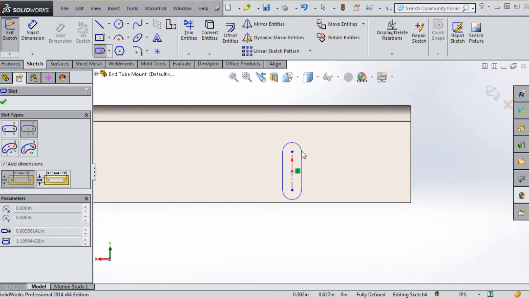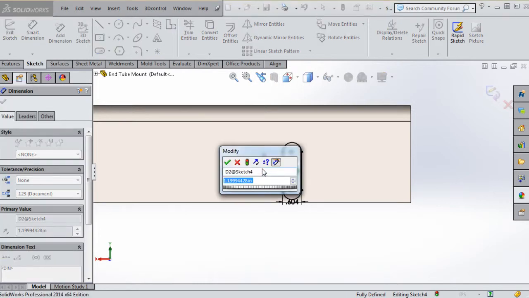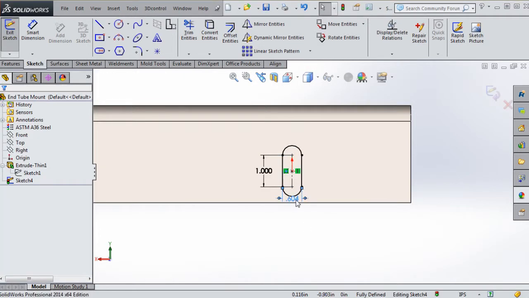So click on one point. The 1 point is going to be the very center of our slot. Second point is going to be the length of our slot. And the third point is going to be the width of the slot, just like it was before. We have our dimension selected, so we're going to go ahead and put in this value, which is going to be 1. This one is going to be